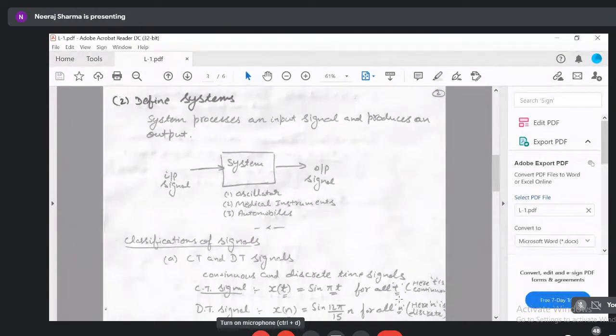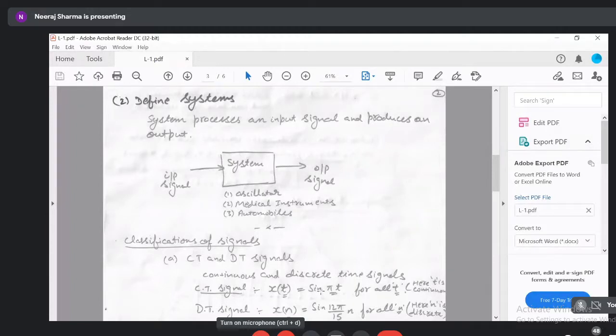Yes, as told by Rohan, this is the exact definition of CT and DT. So continuous time signals are the signals which are defined for all the values of t. Right? For example, here the example is x of t equal to sin pi t. So this signal sin pi t can be defined for all the time instants plotted on the x-axis because t is the independent variable here. So whichever time instant you pick, whether 0, or 1, or 5, or infinity, or minus infinity, you can define some magnitude of the signal there.